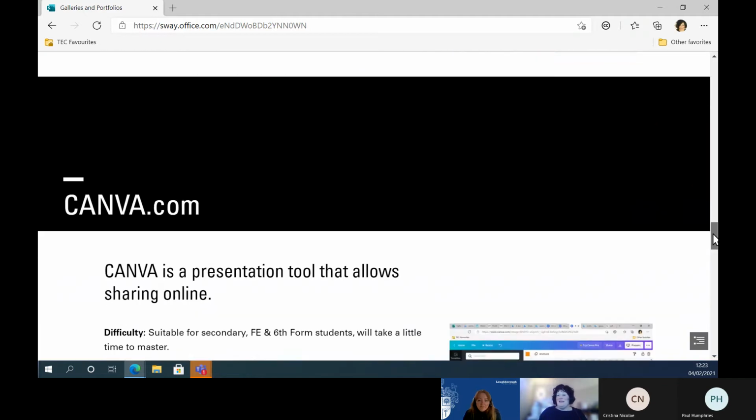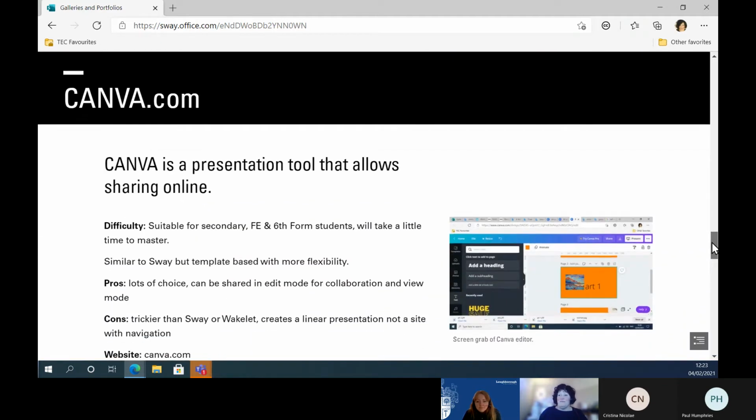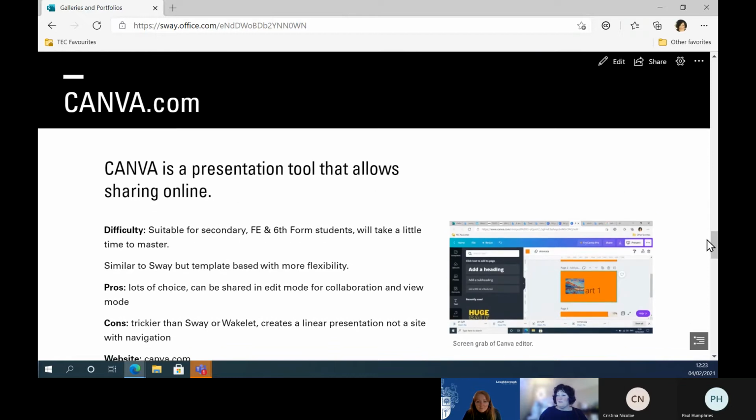The next one we're going to look at is Canva. I don't know if anybody's used Canva, and I've totally forgotten about it. It was for creating graphics, for online graphics, and you can still use it for that. Obviously, that ability is still in it, but you can also create a presentation. It's kind of splitting the difference between Sway, where you don't really get any control over the design, and PowerPoint, where you have too much control over the design, in that you can do anything you want,